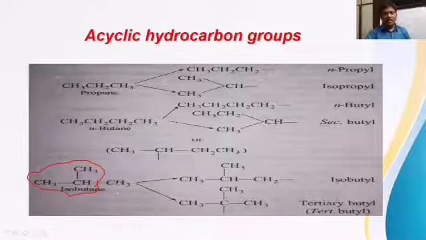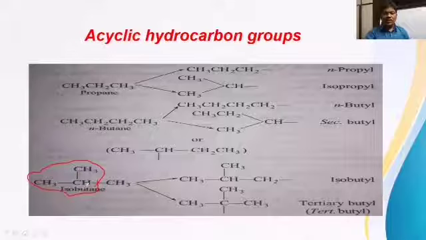From isobutane, we can remove hydrogen from this carbon. If you remove one of the hydrogens here, we get a structure like this. In this one, hydrogen is removed from the terminal right side carbon. Then we get isobutyl. Again, why iso? At one end there is an isopropyl group, and at the other end the CH2 bond is there. The CH3 taken twice should be there, and it is CH2. This is called isobutyl.